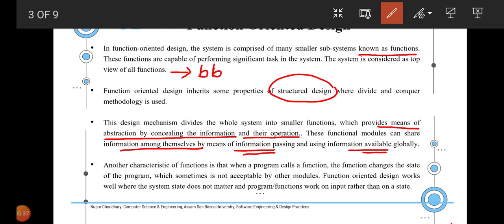So it is extremely important that we categorize our functions based on the processes which do not depend upon the states of any of the resources or any of the functions of the system, but depend on the input and output of that particular function. If we consider that particular aspect, the function oriented design becomes a successful one. Otherwise there might be a possibility the entire function might cease to work or not work at all.